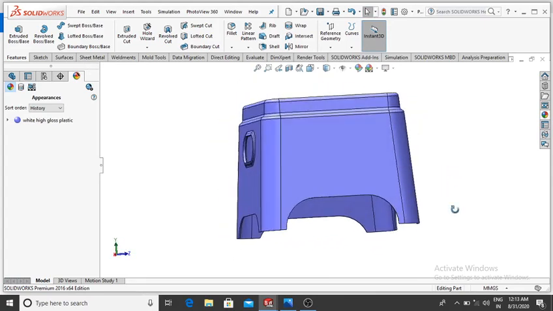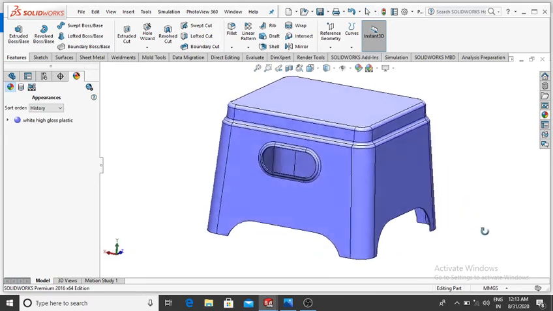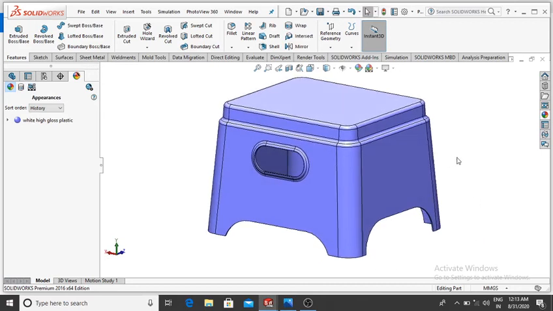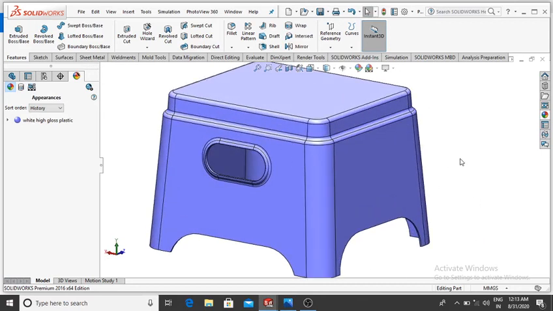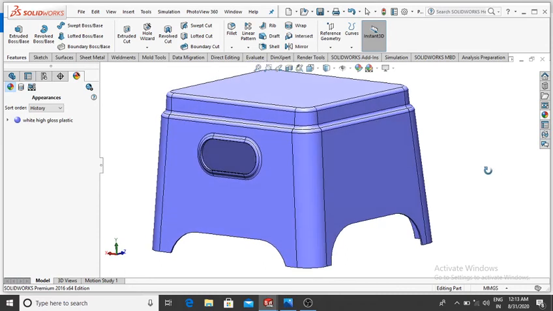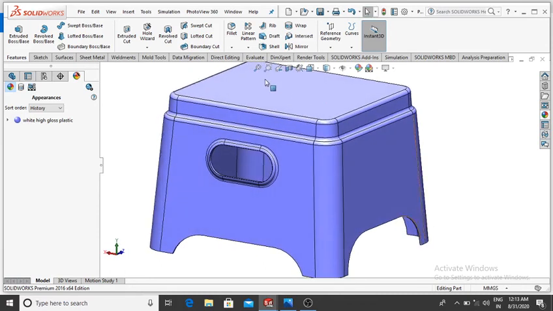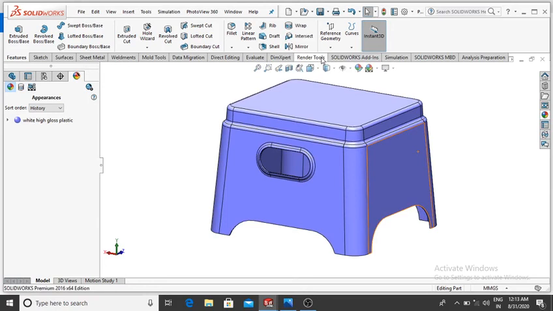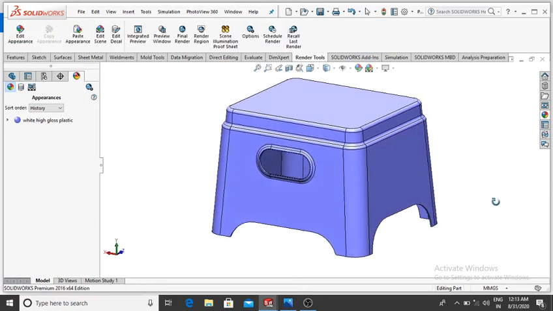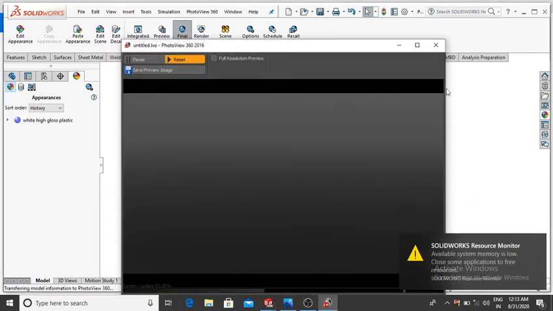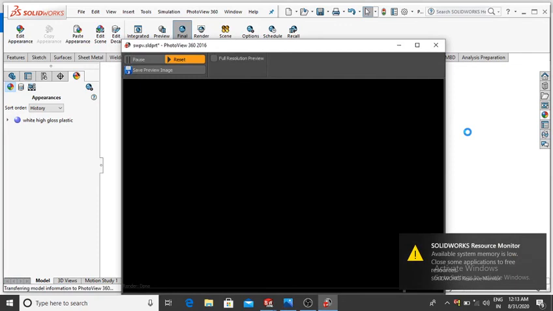Now we create this small stool in SolidWorks, and now we render, so look how to render this part. So go to the render tool and here we select the final render. Now it's rendering.